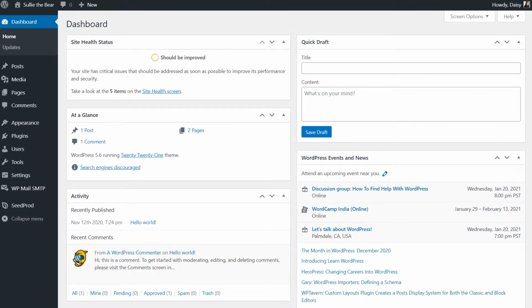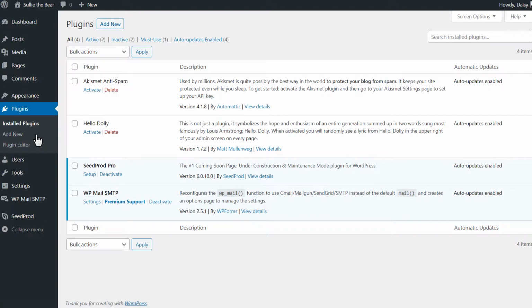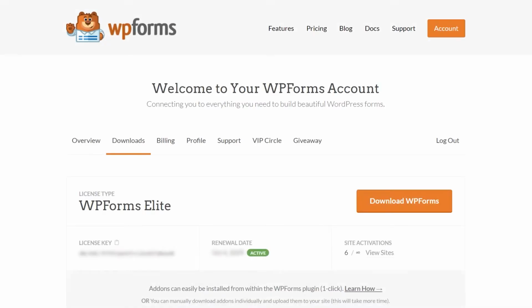After logging into your WordPress site, we'll first go to the plugins page and install WPForms to your site. If you haven't done so already, you can download the plugin from the Downloads tab in your WPForms account area. If you don't have a WPForms account yet, you can go to